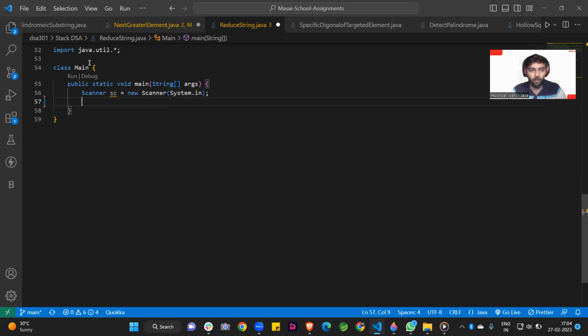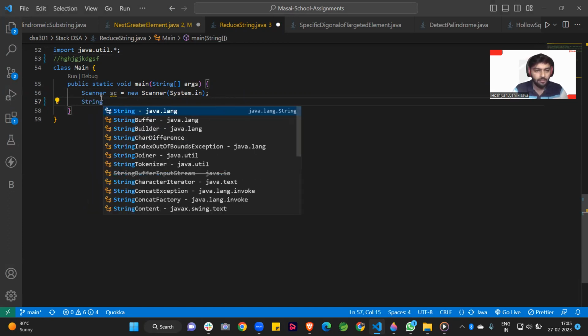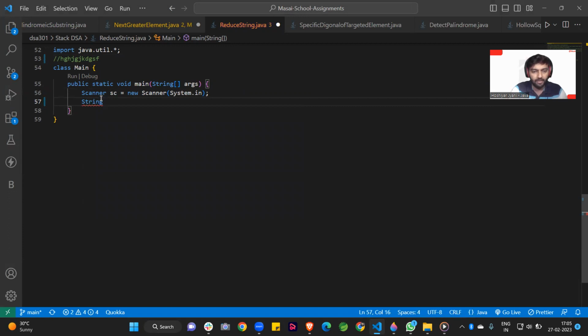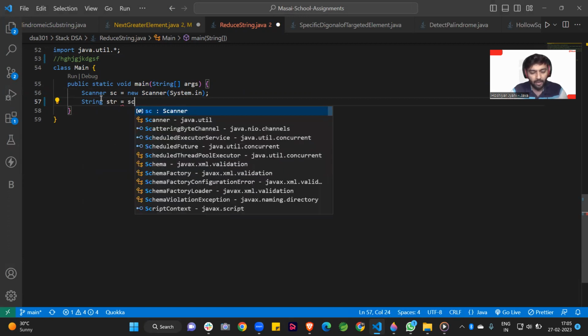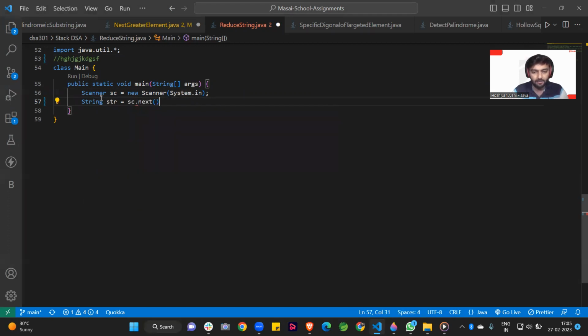After that, our input is some string. So how can we store the value of the string? We declare one String, and the name of the string is str. In str, how can we get the value? sc.next(). Using next, we get the value of this string.